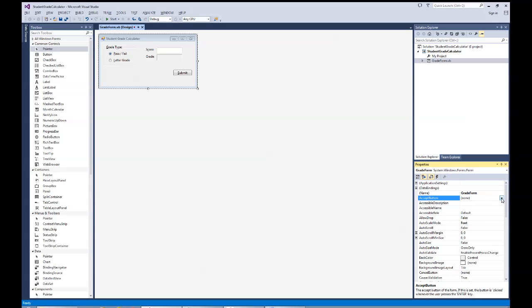Right now it's none, but I'm going to hit the drop down and change it to the submit button. So when I hit the enter key, it'll act as if I had hit the submit button. Okay, we've got that all set. Then I'm going to come up to format and lock my controls so I don't accidentally bump them. You'll see a little lock over on the side, and then I'm going to do a save all to save my form. At this point I'm ready to start the code, so I'm going to get rid of my toolbox,